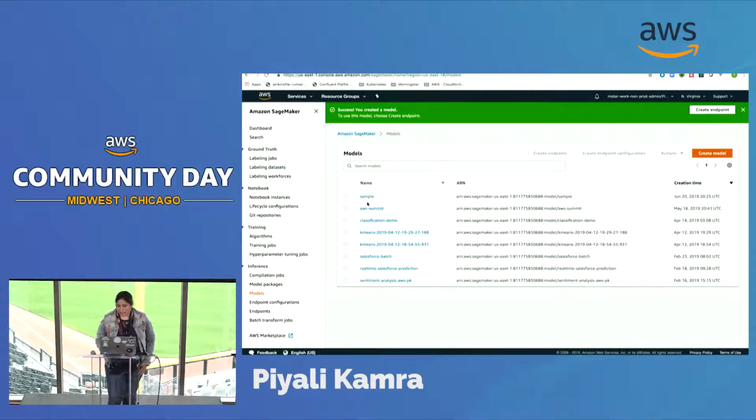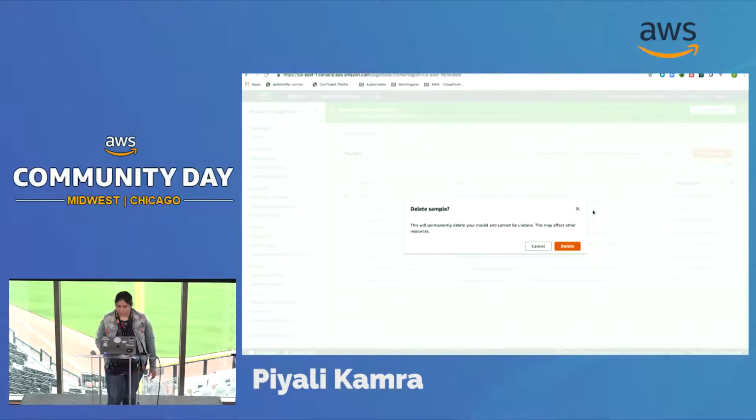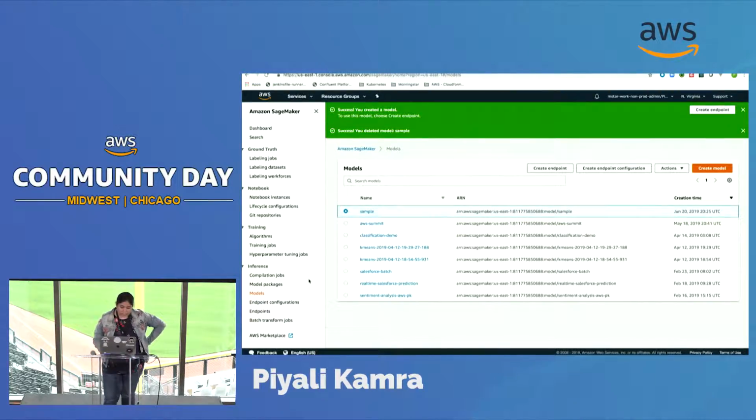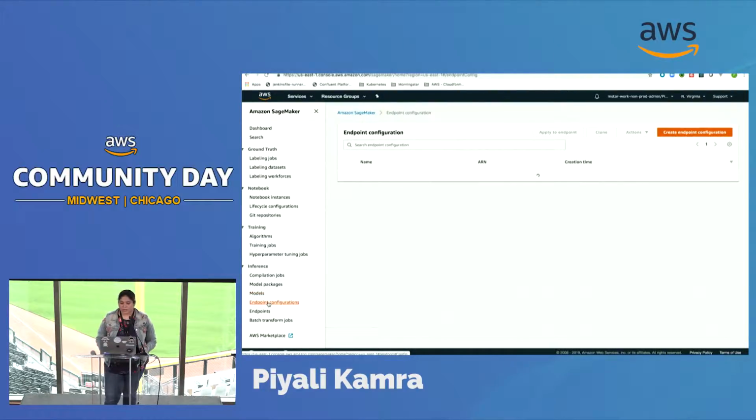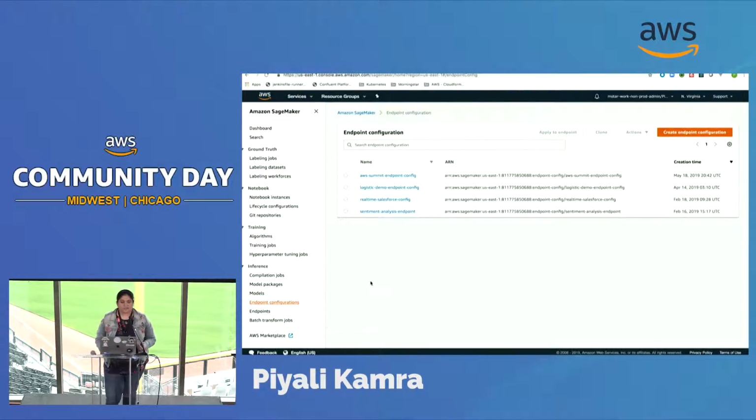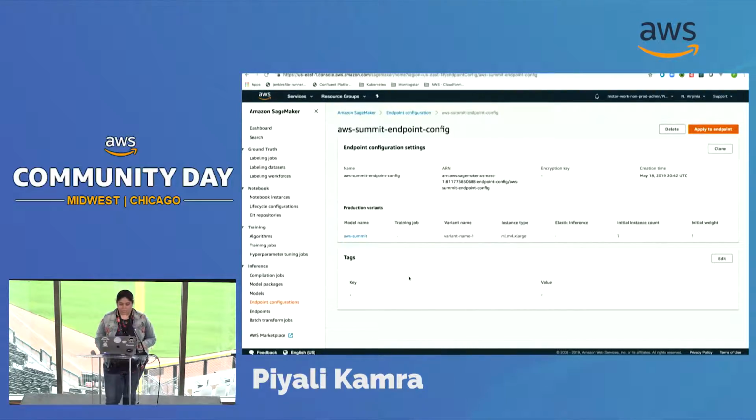And so that's it. That's all you need to do to create a model. I had already created a model, so I'm just going to go ahead and delete this for now. The next thing that you do is create an endpoint configuration. Again, the endpoint configuration basically refers to the model that you just created. So in this case, as you see over here, I just had to create an endpoint configuration and refer it